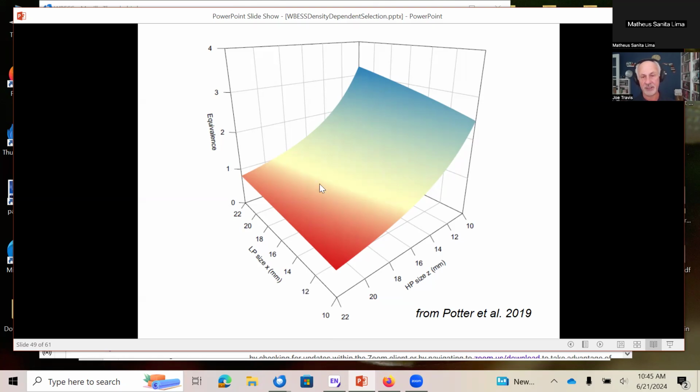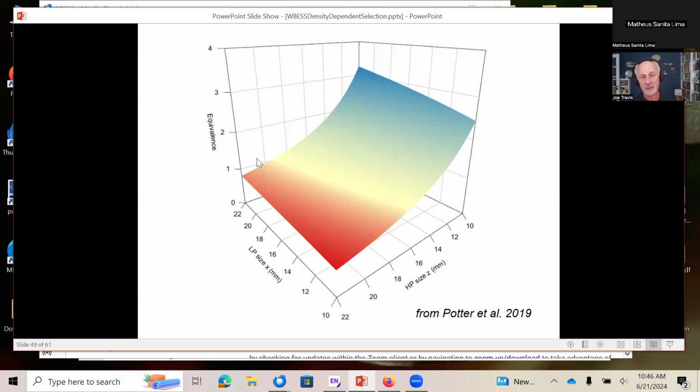So just for fun, let's look at the far back corner up here, where we have a 10 millimeter long high predation guppy and a 22 millimeter long low predation guppy. And it takes about 3¼ high predation guppies to equal the effect of one low predation guppy. Now, you're not surprised. This is a little fish. This is a fish that's twice as big. It ought to take a lot more of these than these. But